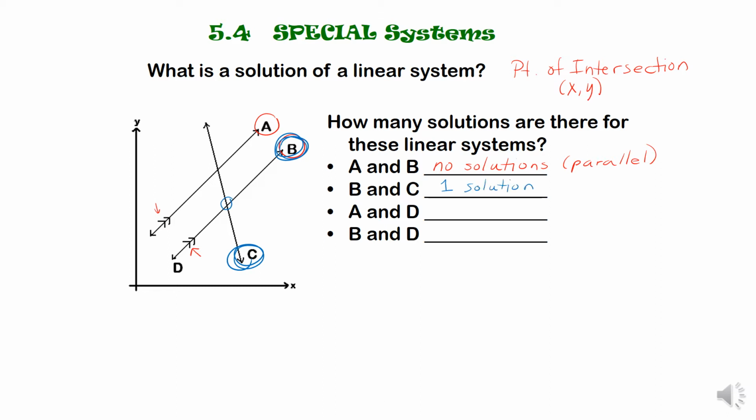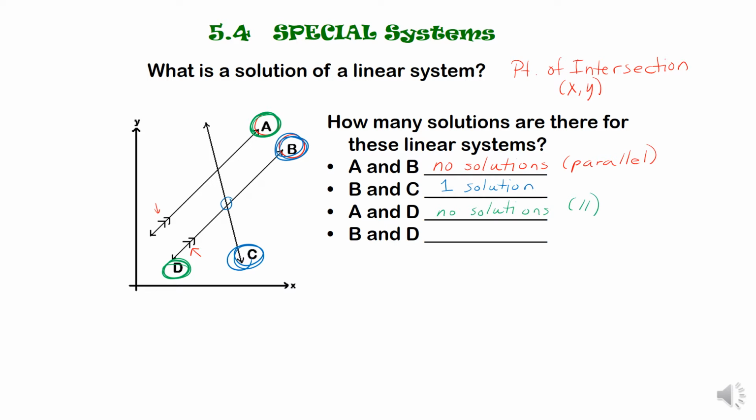Now we're going to do another one, and this is going to be A and D. So here's A, and here's D. Oh, they're parallel too. So they have no solutions because they are parallel too. All right? And the last one we're going to look at is